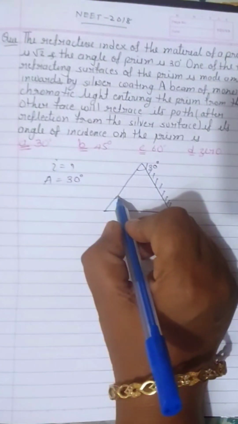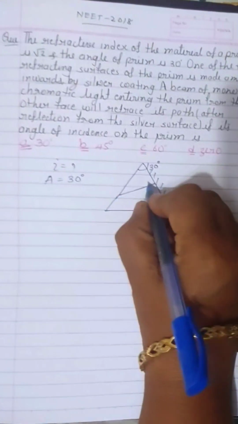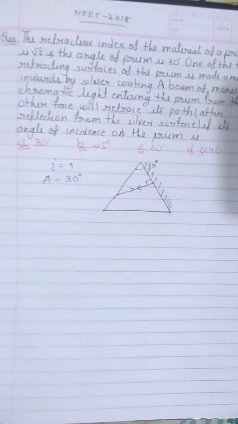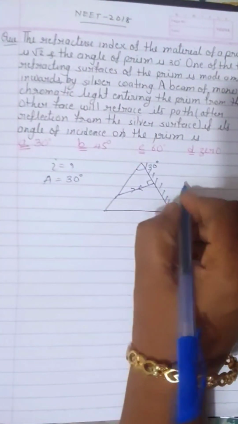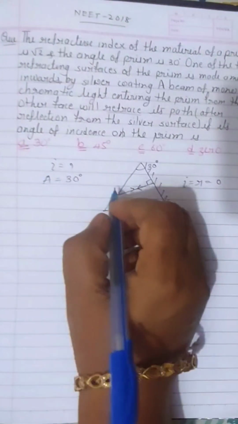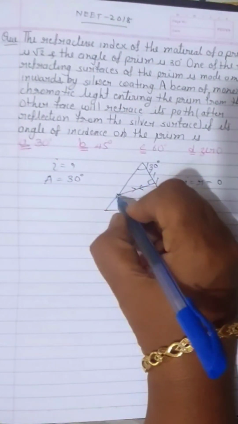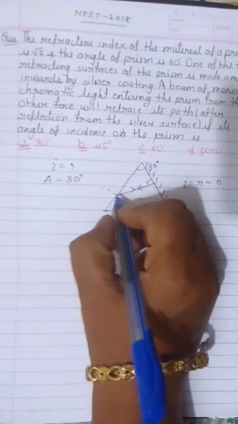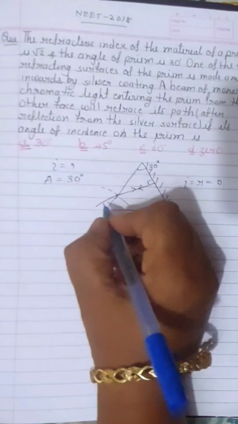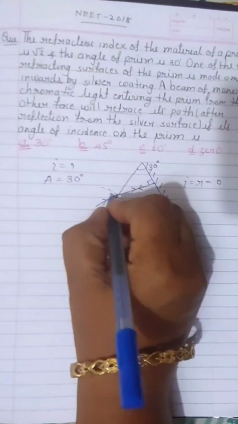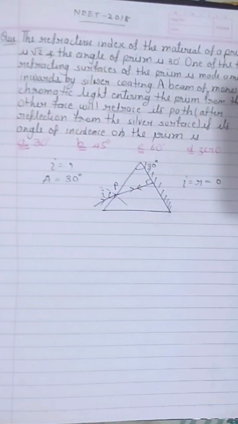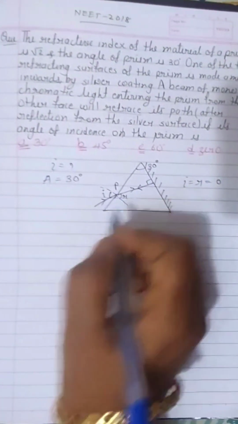Okay, so here I'm trying to draw. So this angle must be 90 degree. So then this ray retraces its path. So for this, i is equal to r is equal to 0. Here at this point, if I draw a normal, okay, so the ray must have gone like this. I don't know the angle of incidence, right? Because angle of incidence we need to calculate. This is our angle of incidence. This point, let us say point P, and this is our angle of refraction.